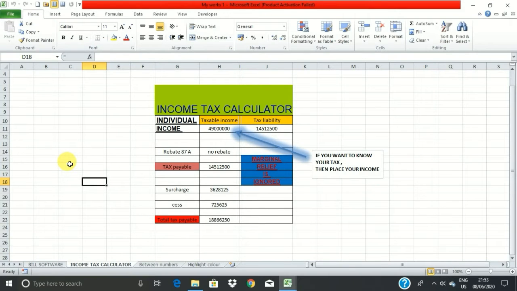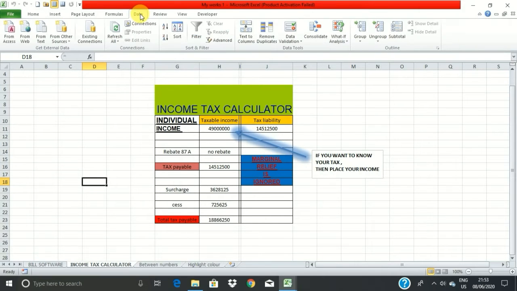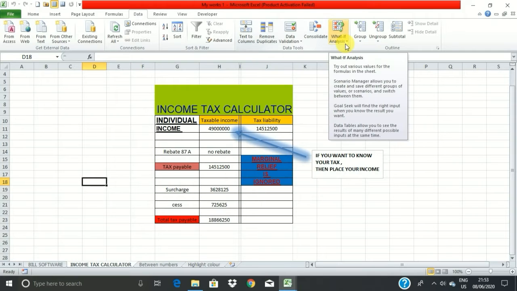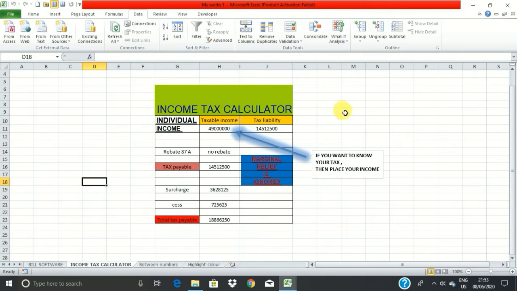So viewers, we have come to the Excel sheet. For What-If Analysis, you need to go to the Data tab. As you can see here, What-If Analysis. To know what it is, we need to do an example.